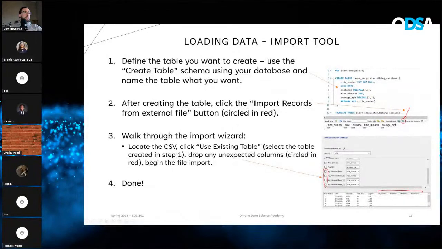And then you'll walk through the import wizard. You'll find the CSV you want to use, click use existing table, drop any unexpected columns, which I've circled here in red as an example. And then you begin the file import and allow MySQL Server or MySQL Workbench to process through every row in